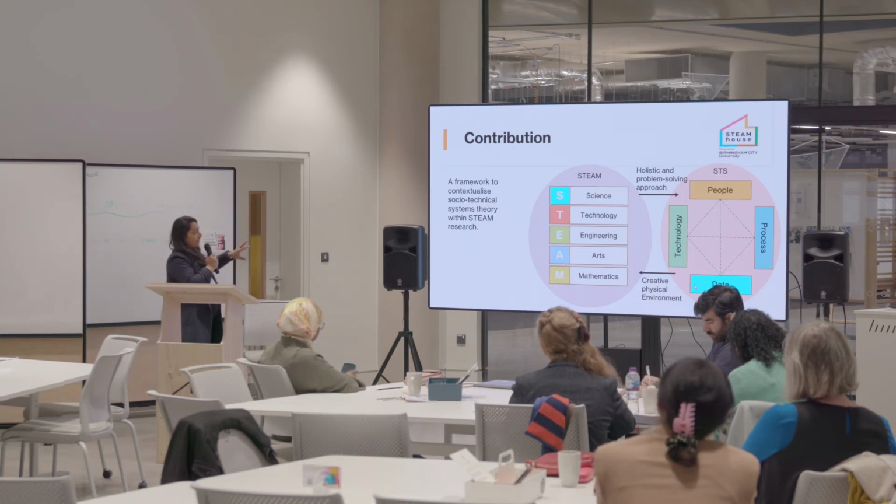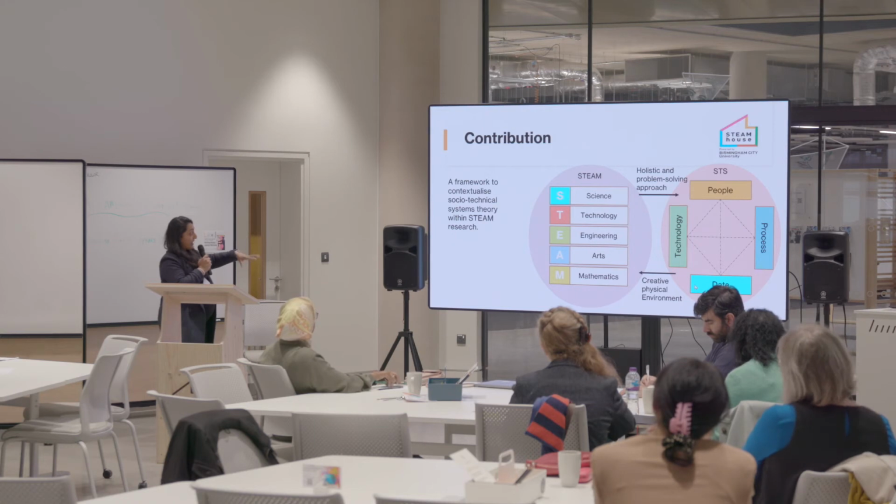So what we've done is, this is, I'd say, a preliminary conceptual model that we've created of the framework. But once the research is actually complete, it would be a lot more detailed. So what we've done is identify the STEAM characteristics and identify the socio-technical systems characteristics. And it will help us to develop this new framework to show that there is a relationship between those two research domains and how socio-technical systems frameworks can be used within STEAM research.